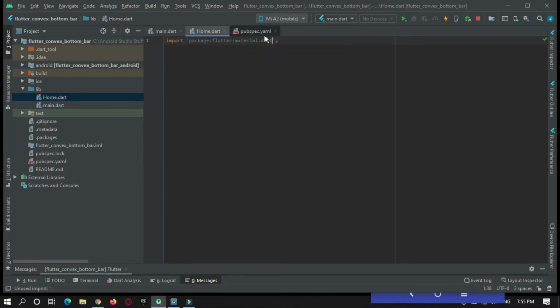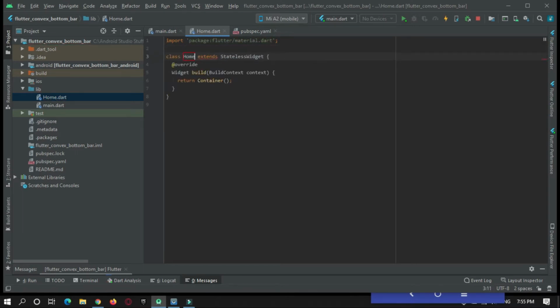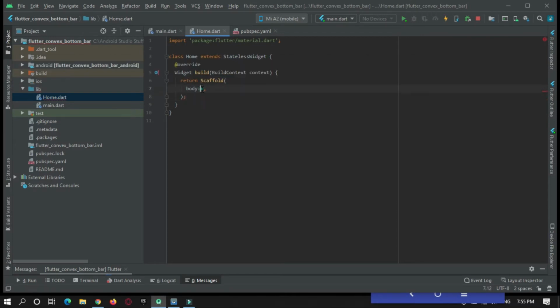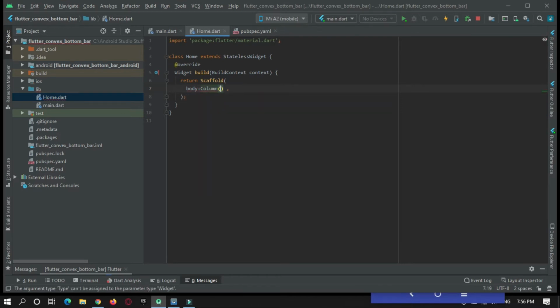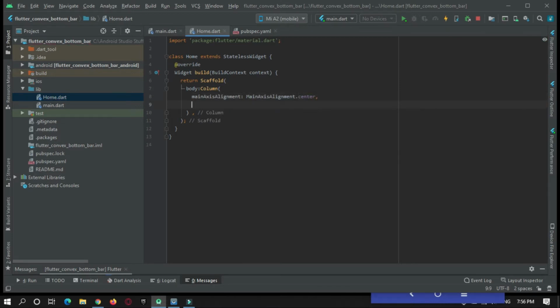First import material package, then stateless widget, home page, and here scaffold, that returns scaffold with body, column widget. Column widget will make all the widgets at the center, with children.